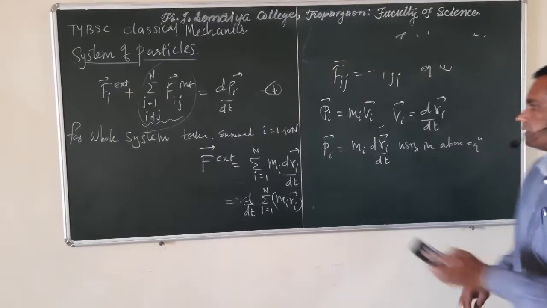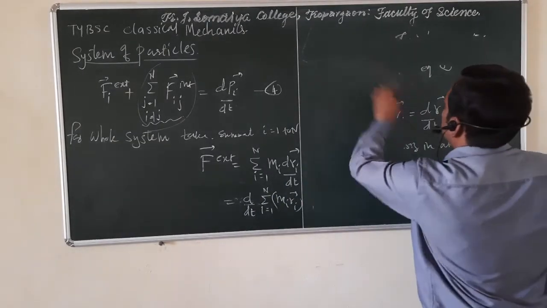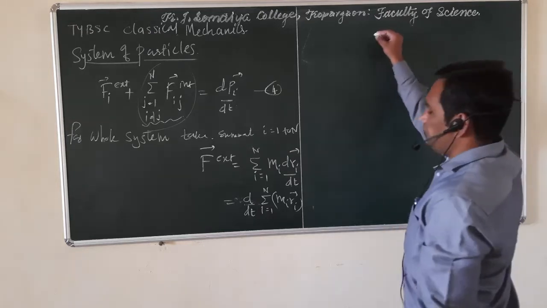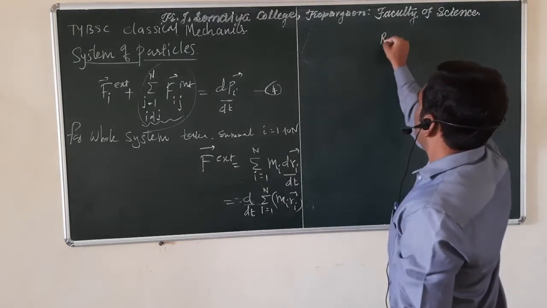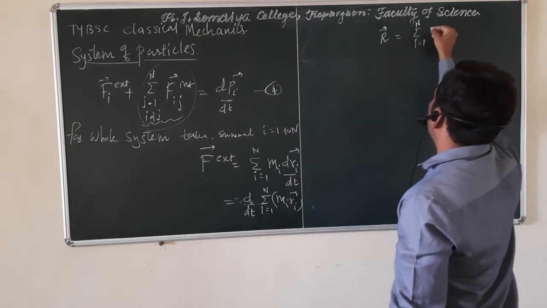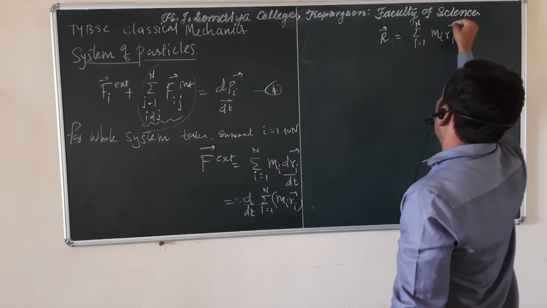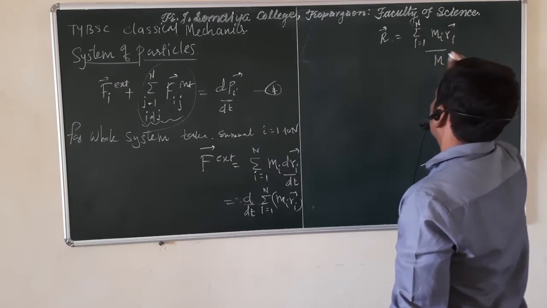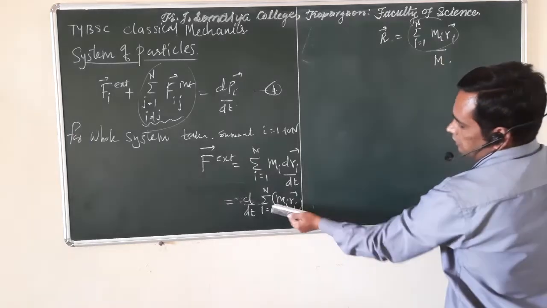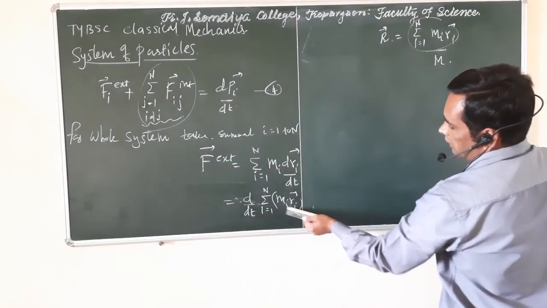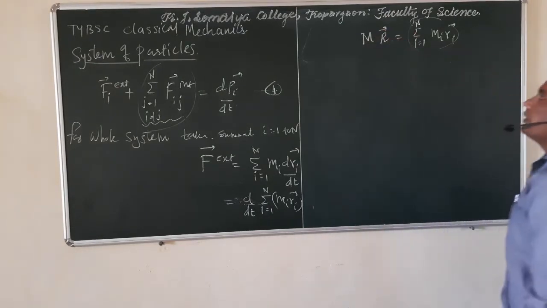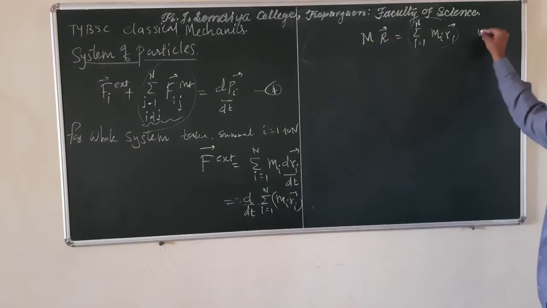If you recall equation number 2, which is r is equal to the summation over i running from 1 to n of mi ri divided by capital M. So from this equation we can write the summation over i running from 1 to n of mi ri, if you take that M to here, as M into vector r. So using this,